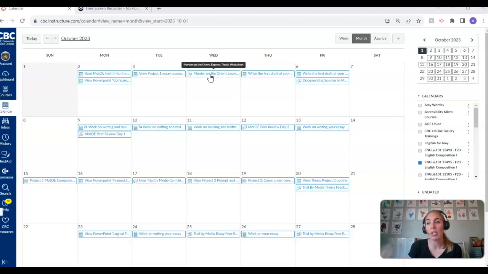And then you're going to submit that worksheet, and it'll give me a chance to give you feedback so that you can be even more successful as you draft your essay. You're going to be drafting the essay all this week. And we do have an assignment on documenting sources in MLA format. That way you make sure you know all those MLA rules before we turn in the final draft of Project 1, because there are points, of course, associated with format. So you want to make sure you get it right.